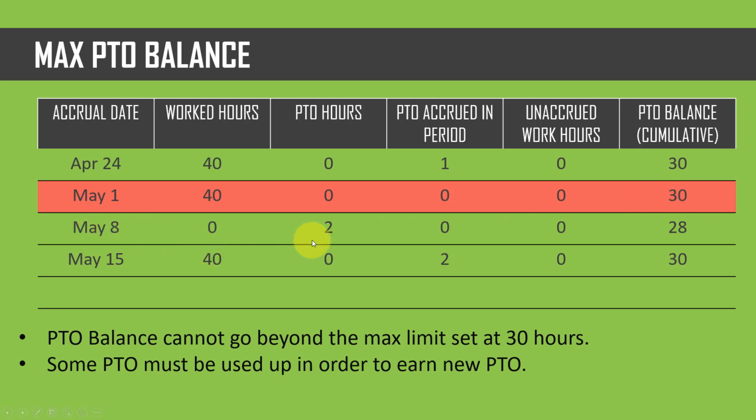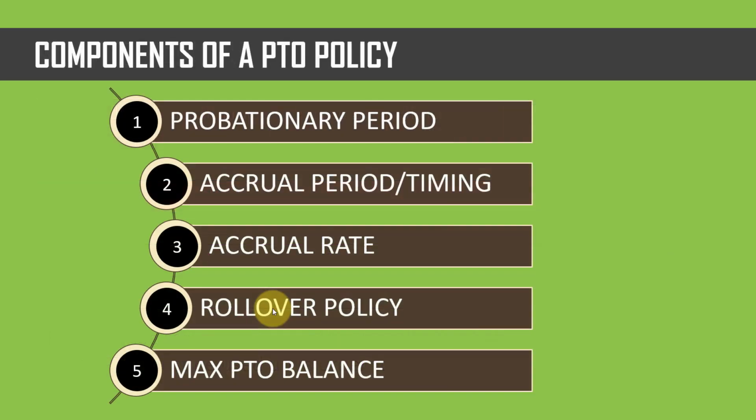Let's say the next week, the employee takes 2 hours of PTO, does not work any during that week, but uses 2 hours of PTO. That means the 30 balance will become 28. And then the following week, when the employee works for 40 hours, now the employee will earn PTO for that work. It comes back to 30. So the point here is that the PTO must be used in order for the employee to again start earning, because once they hit the balance limit of 30 hours, they have to use the PTO in order to earn new PTO. So that wraps up the 5 important components of a PTO policy